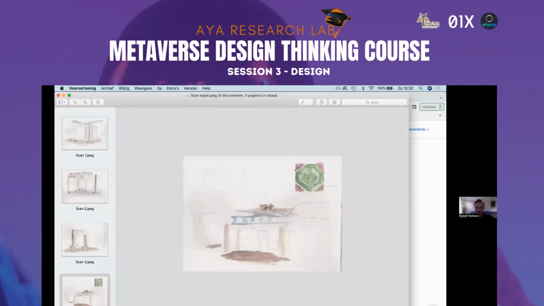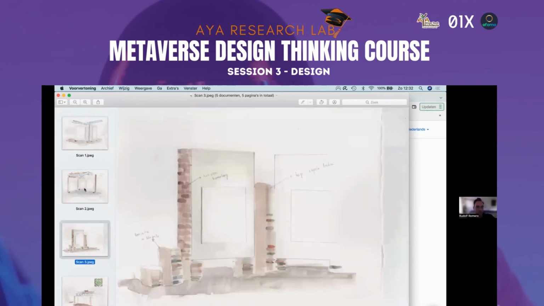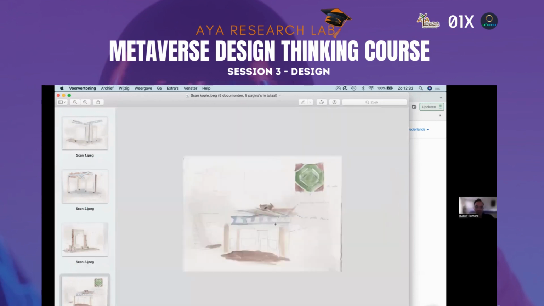You have a top view, like a blueprint of the space from the top, and then you try to come up with some sketches first. Now, when we are drawing at this phase, we're still not drawing for 3D.